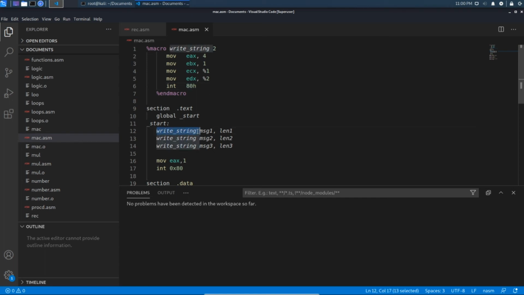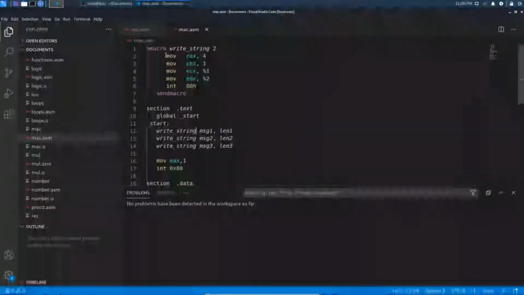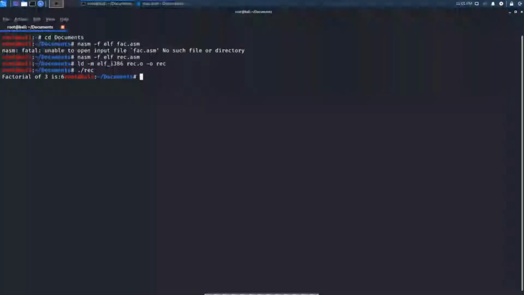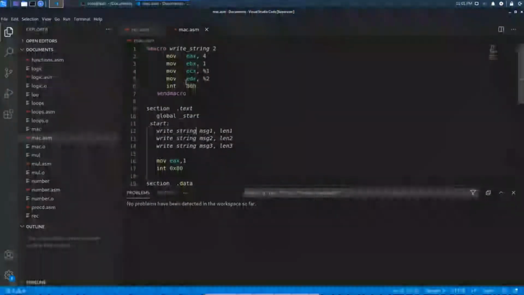See here, the piece of code reduced. I mean the code length reduced that we use now, and this is an application of functions. Whenever you need to use the function, we just call the function. Here also, whenever we need to use that macro, we can call that macro using the macro name. So this is similar to our functions, but not exactly. Functions can return values, but macros cannot return values. That is the basic difference between functions and macros.